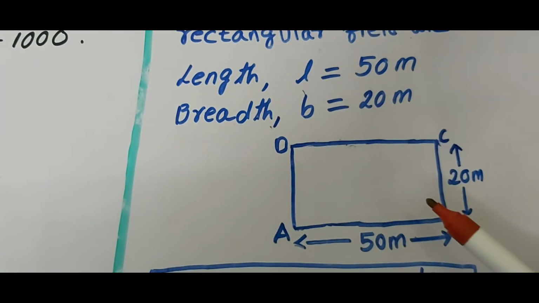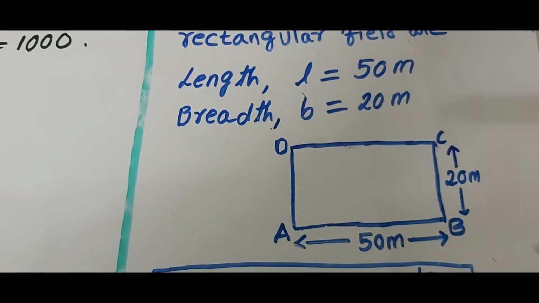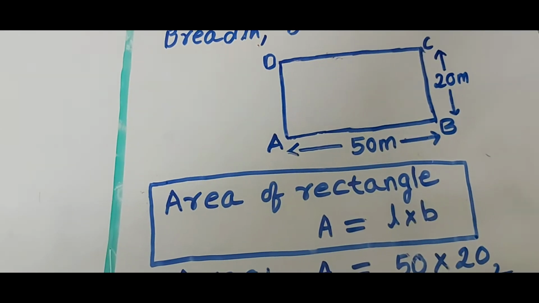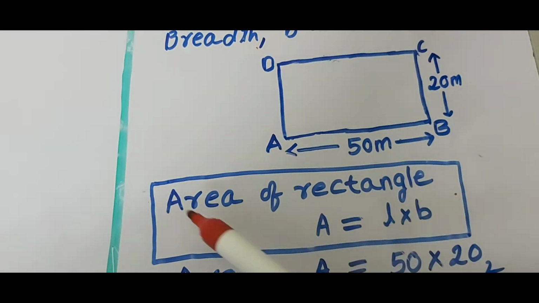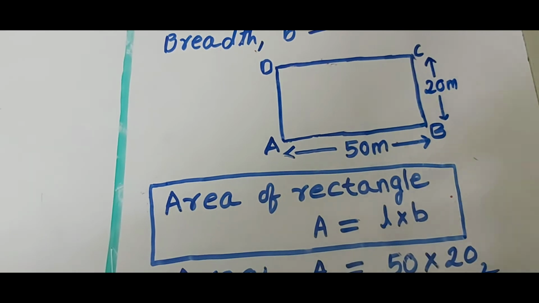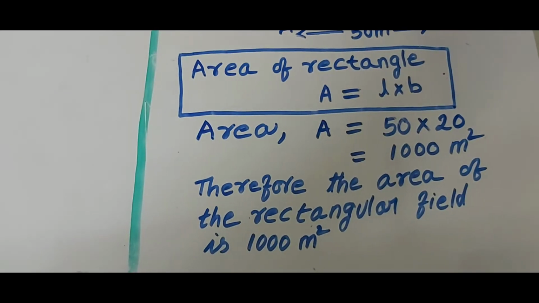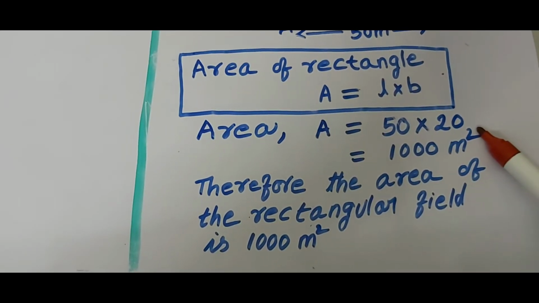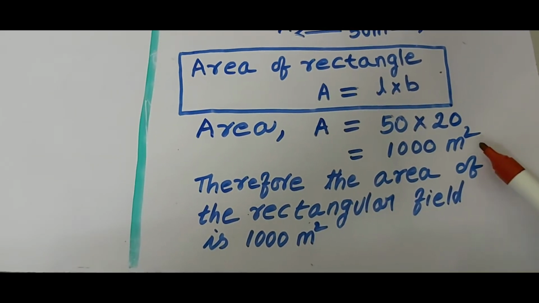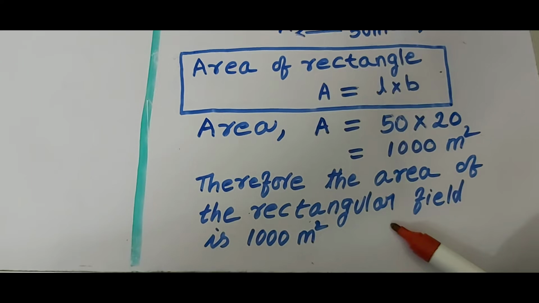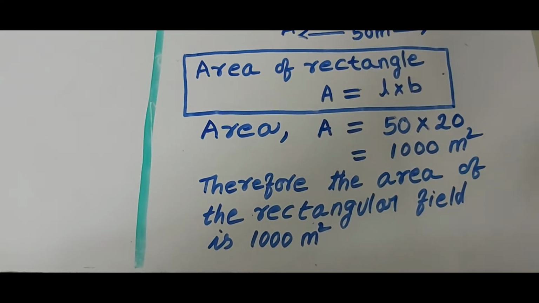He has drawn the figure of the rectangular field. Moreover, he has given the formula to find area of rectangle and highlighted it. Finally, he had calculated the area correctly and written the units of area. At the end, he had written the inference of the problem as well.